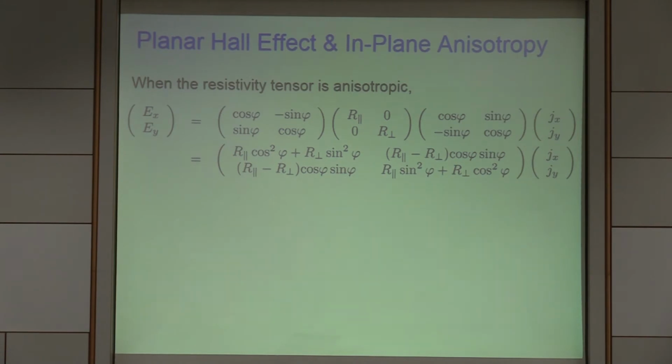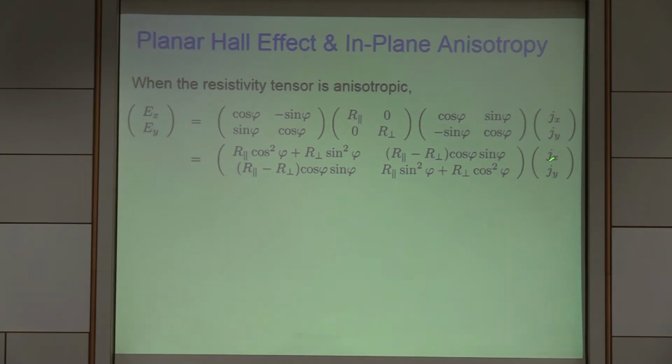Although many of the audience are already familiar with this effect because they are specialists on ferromagnets. Okay. So when the system has an anisotropic resistivity tensor like this, any anisotropic resistivity tensor can be diagonalized by taking the principal axis along the anisotropy axis. But when the frame of the measurement or direction of the current is not along this principal axis, then we need to introduce such a rotation of the frame, and that leads to the appearance of the